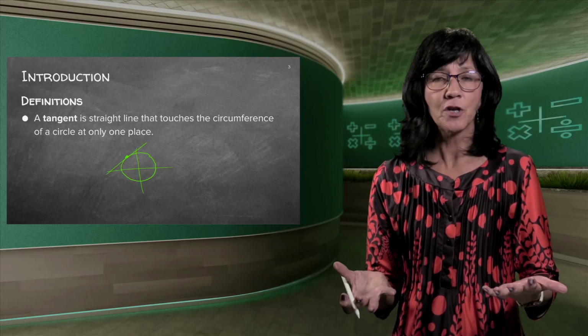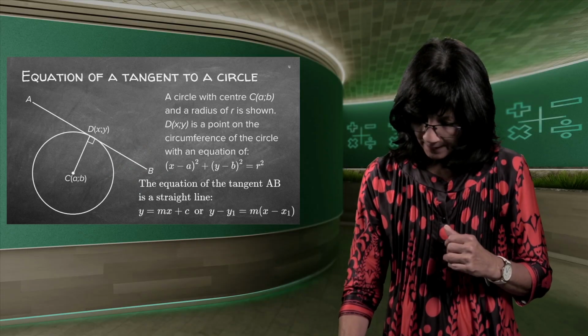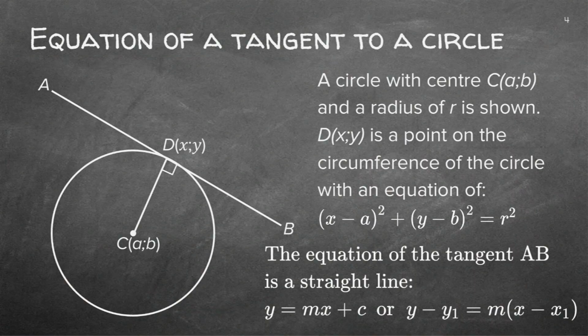So if we need to find the equation of a tangent, we need specific steps and a proper method. Now, if I look at this, you will see the formula that you already know. There's your formula for a circle. We do not work with a circle equation if it's not in that format. So if ever they give you a circle equation that is funny and complicated and it doesn't look like that, you go and redo it. It doesn't even matter what the question is. You go and redo it so it looks in the format that you've learned, because in this format you can read off the a and the b, which forms your center point. And you can also read off the r, which is your radius.